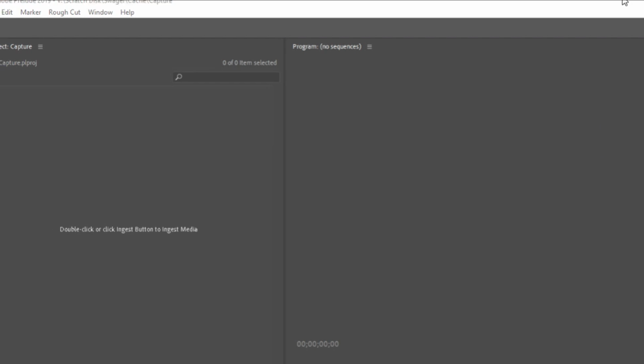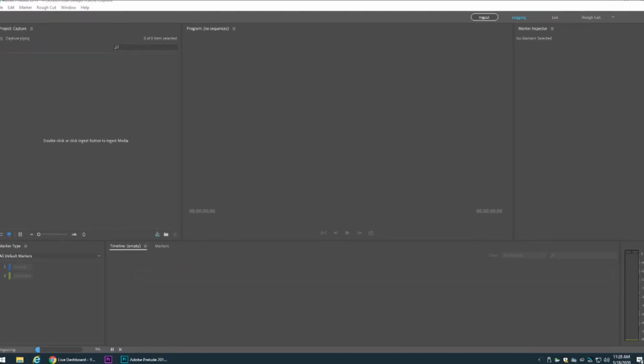Now, as this is transferring, sometimes ingestion can take a while. Right here, I'm waiting on this blue bar down here. Sometimes that first window, after you click on ingest, will stay up for a while. So you just have to let it go. The more clips, the longer your footage you have, the longer this process will take. So I'm just going to go in here real quick and start disabling some things I don't need. I don't want OneDrive up right now. Okay, and there's my NDI tools. Okay, as that's transferring,